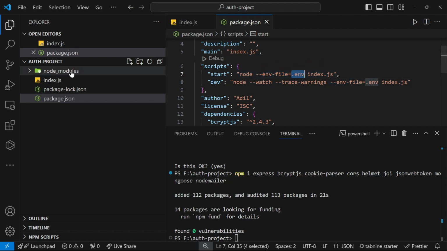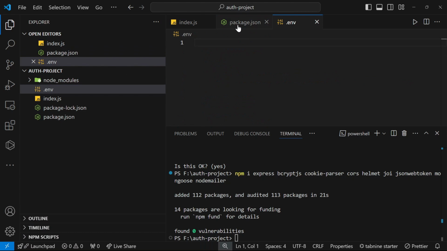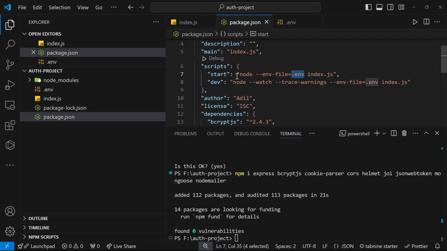So here I'm gonna create a new file which is .env. So in the package.json we're telling node, while running index.js, read environment variables from this .env file. So it is for production. In the development version we are telling, hey node, run index.js, and while running load the environment variables from .env